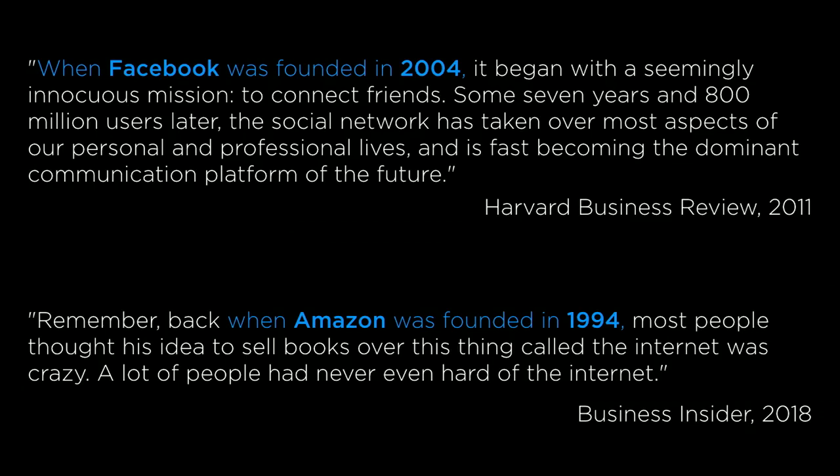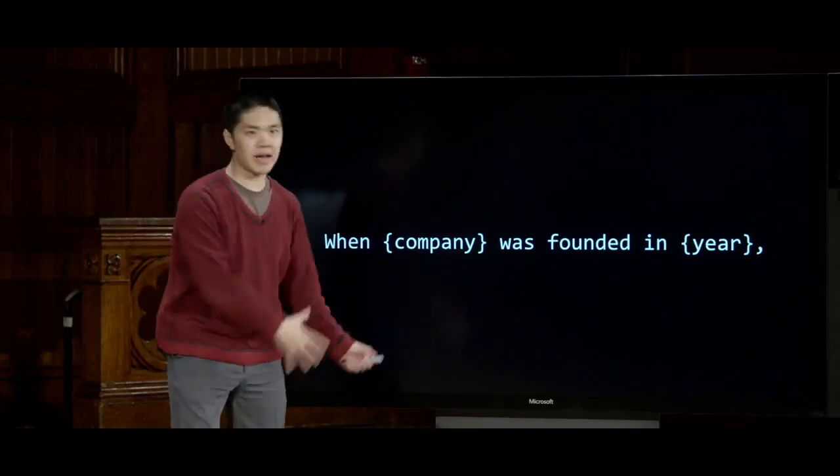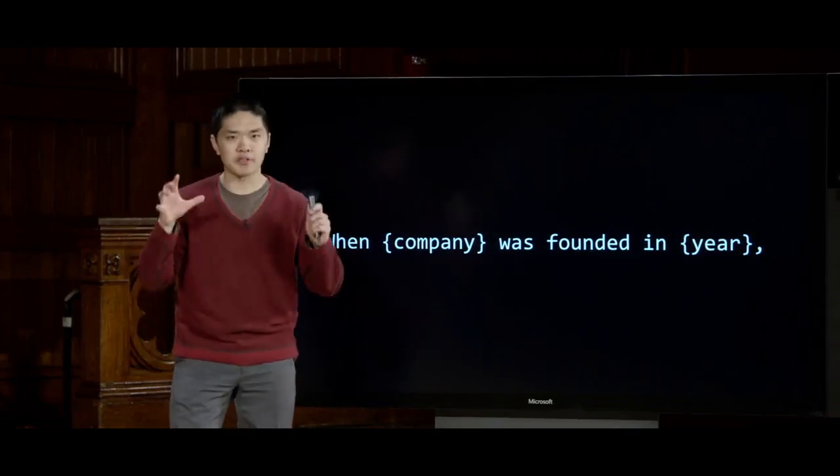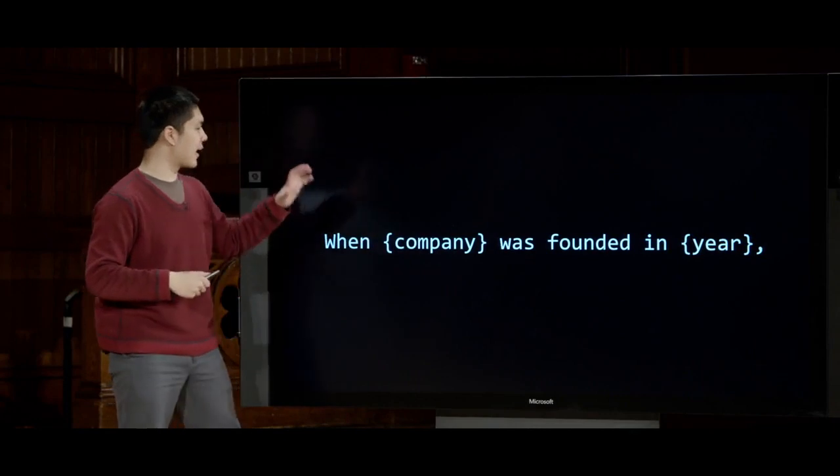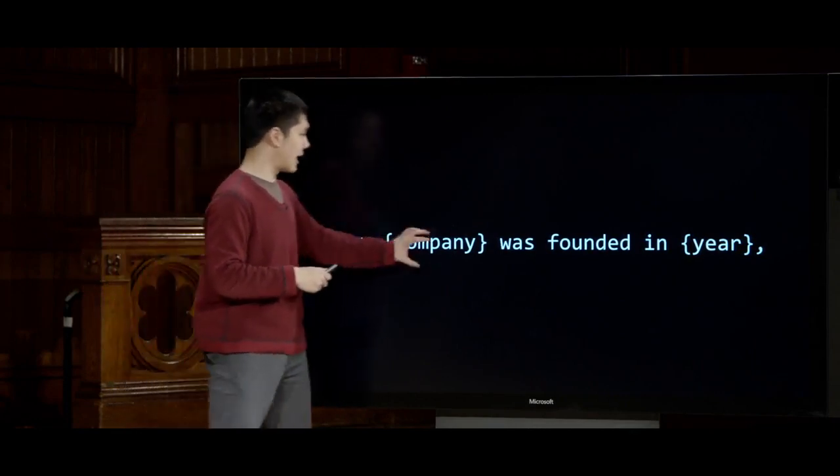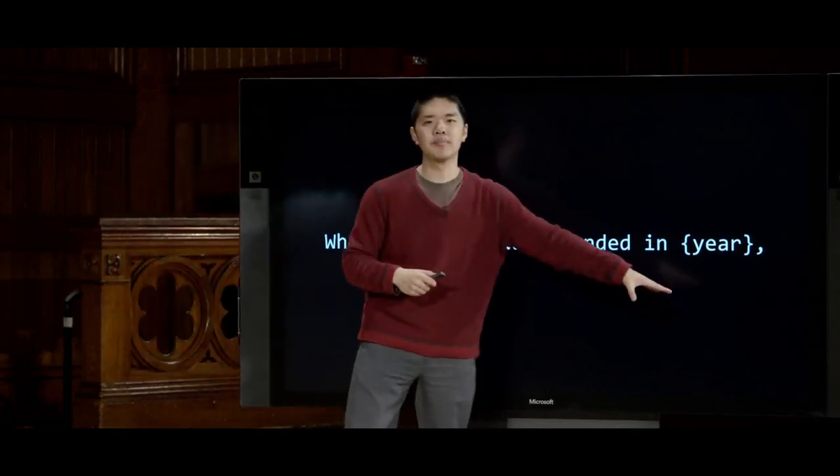When Facebook was founded in 2004, comma, and then down below, when Amazon was founded in 1994, comma. And those two templates end up giving us a mechanism for trying to extract information. This notion, when company was founded in year, comma, can tell us something about when a company was founded. Because if we set our AI loose on the web, let it look at a whole bunch of papers or a whole bunch of articles, and it finds this pattern, when blank was founded in blank, comma, well, then